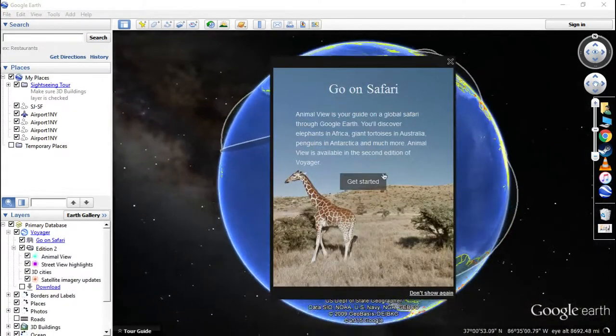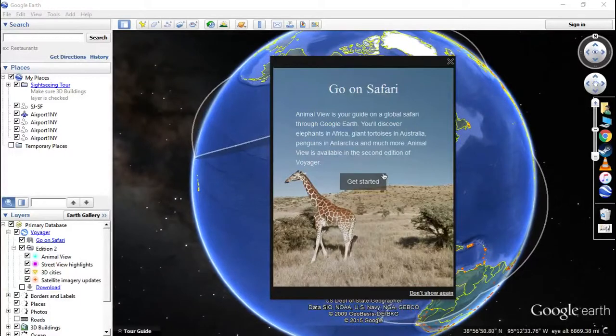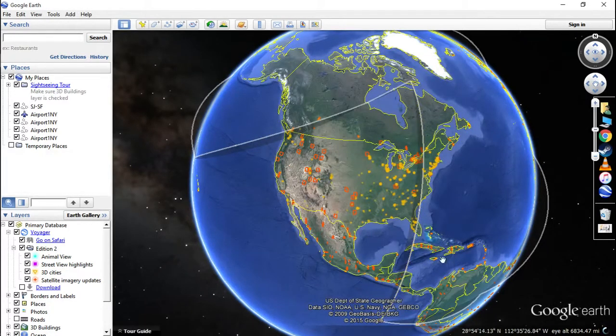Go on a safari. Just pause the video and go to Google Earth and just join a safari. Do whatever you want. But as soon as you're done and you're ready,